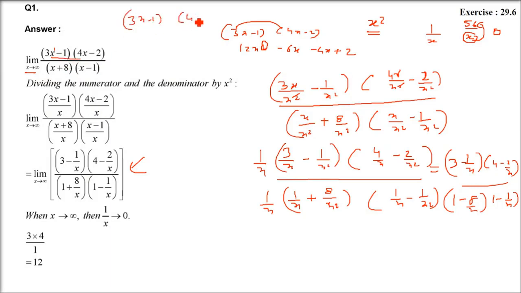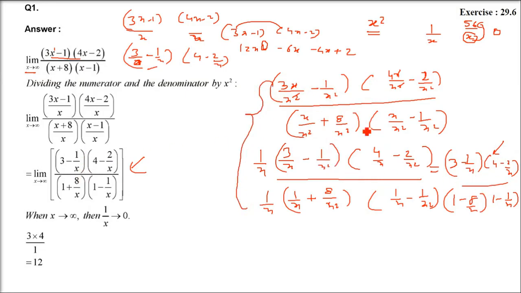See, if you have 3x minus 1 and 4x minus 2, you divide it by x, because when you deal with 3x minus 1 as a separate individual entity, x is the highest power. So you have to divide by x. Ultimately you are going to do 3 minus 1 by x. Here also you divide by x, 4 minus 2 by x. So x square we have taken separately. One x we divided with 3x minus 1, one we divided with 4x minus 2. So this is the final step which I am telling.